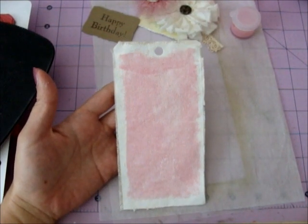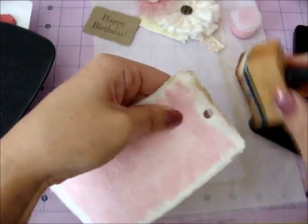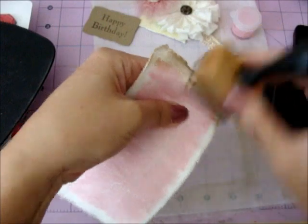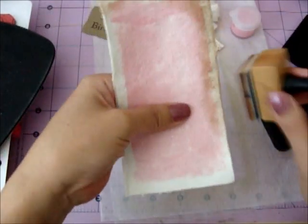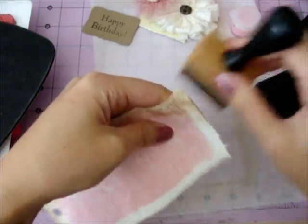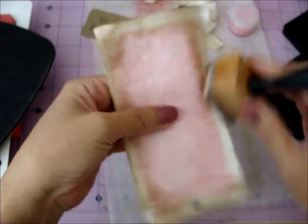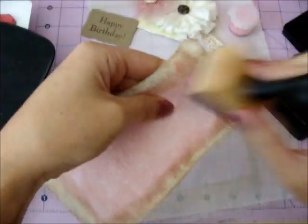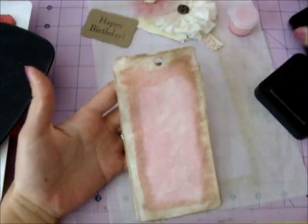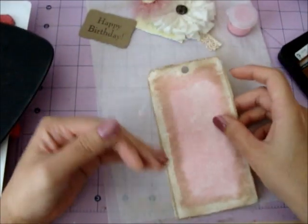So now what I want to do is I'm going to use some vintage photo ink, and I want it to go on pretty liberally, so I'm just going to rub it like this. Okay, so now the entire edge going around the tag has Vintage Photo Distress ink on it. So now what I'm going to do